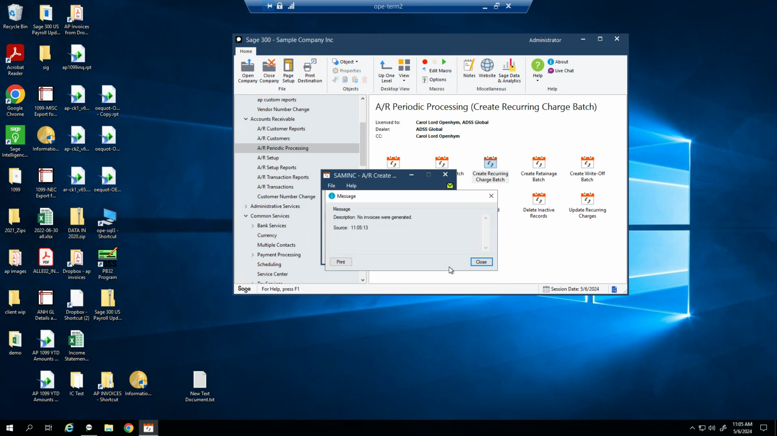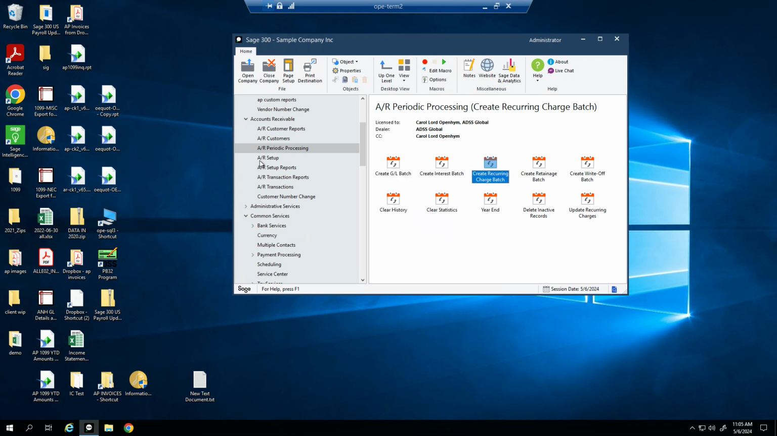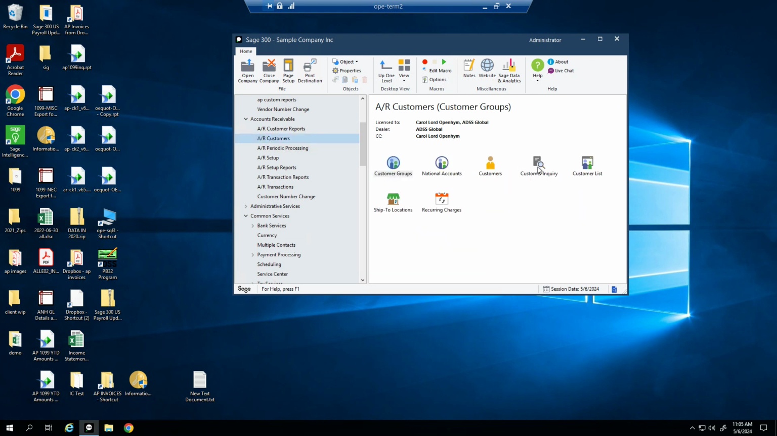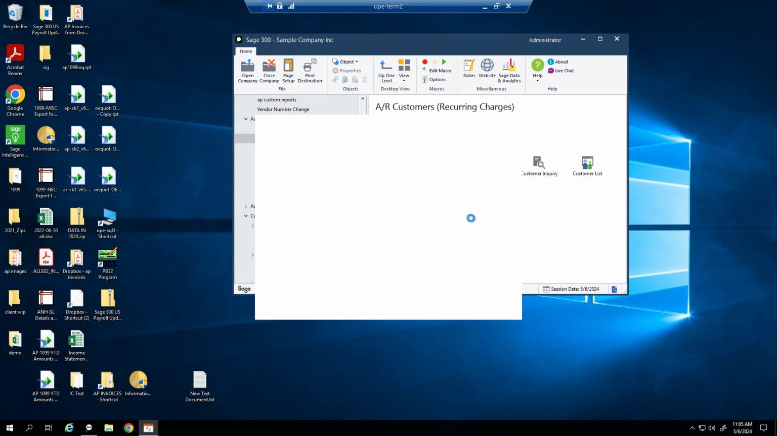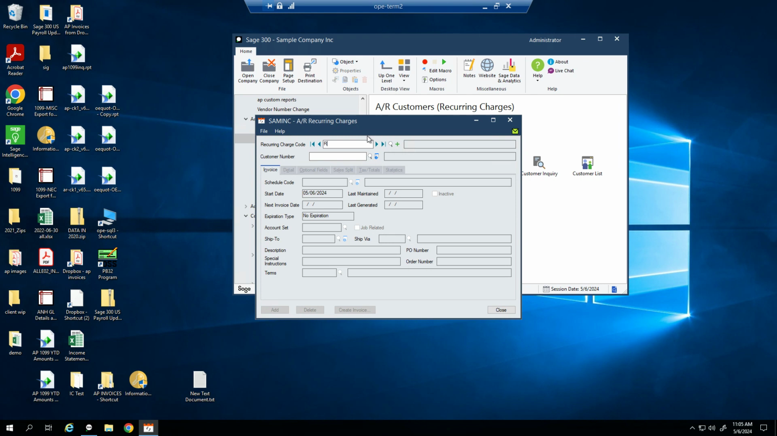And I hit process. It's going to say no invoices are generated. Now, the reason it didn't generate an invoice is because the system knows the invoice was already generated. So I'm going to go back to my customer. I'm going to go back to my RB for CAM01. And you can see last generated